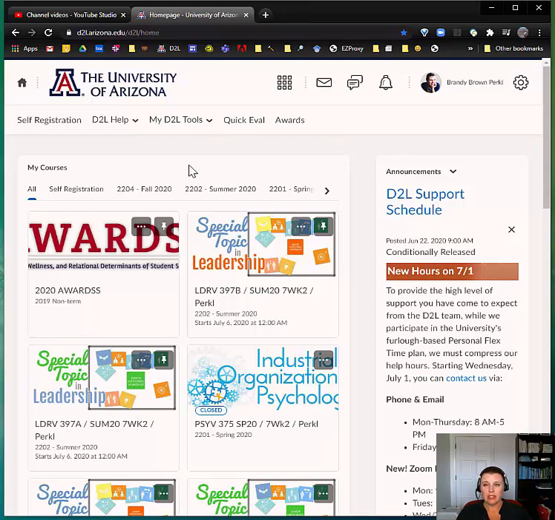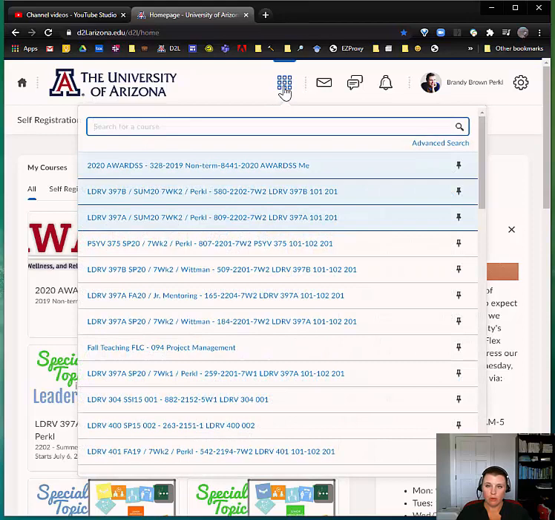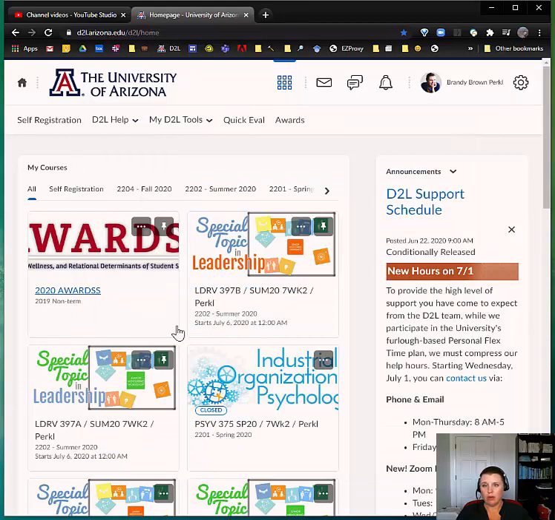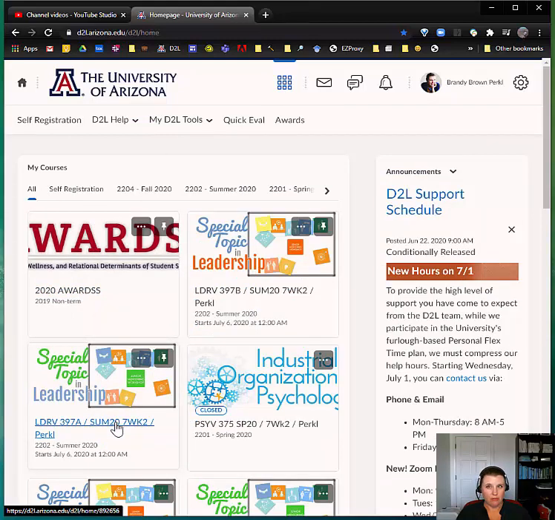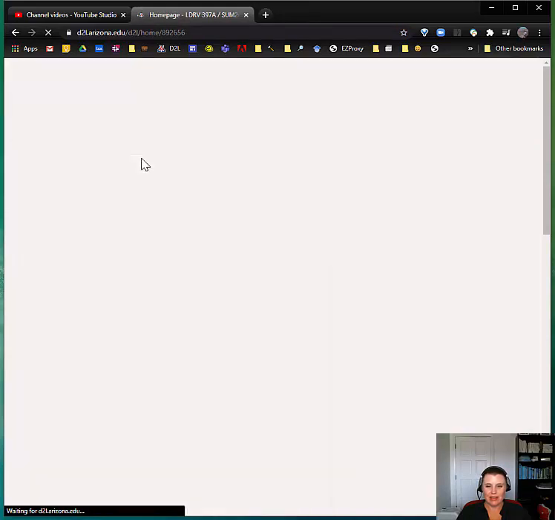All right, so actually getting into our courses. Your courses should look something like this. Mine has this organizational structure. Some students have said it's a drop-down that tells them where to find their classes. You can pin a class to keep it up at the top or not, however you want. Again, how this displays and should work for you is all up to you. You can also go here to search your classes. Courses do disappear after a while for you though, so it's important to not believe that they're going to be there forever. If there's something you want out of a class especially, you might want to think about keeping it elsewhere.